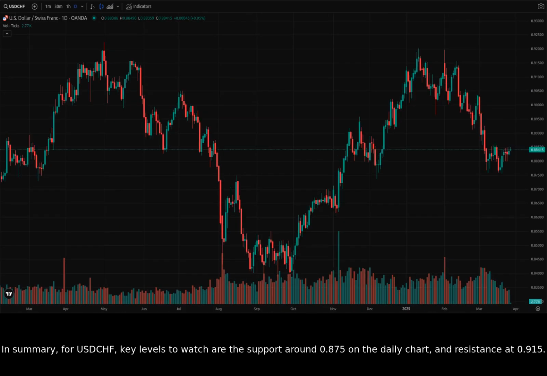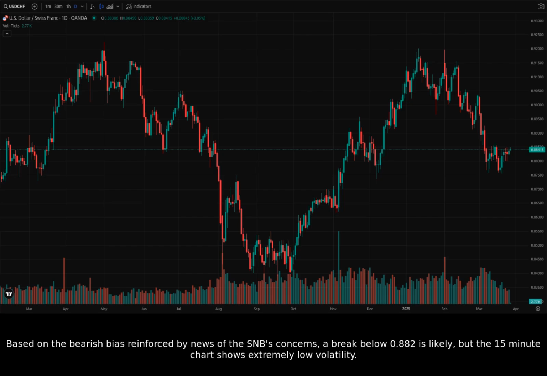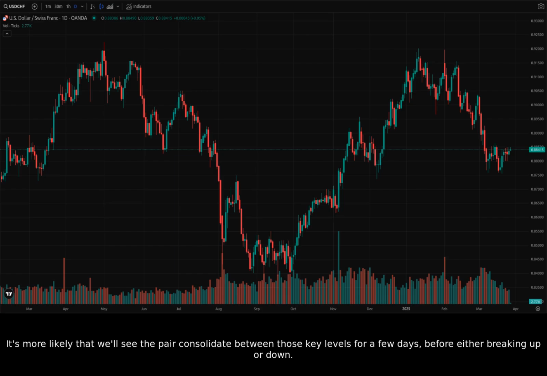In summary, for USDCHF, key levels to watch are the support around 0.875 on the daily chart and resistance at 0.915. In the short term, 0.882 and 0.884 are the key levels on the 1-hour and 15-minute charts. Based on the bearish bias reinforced by news of the SNB's concerns, a break below 0.882 is likely, but the 15-minute chart shows extremely low volatility. It's more likely that we'll see the pair consolidate between those key levels for a few days, before either breaking